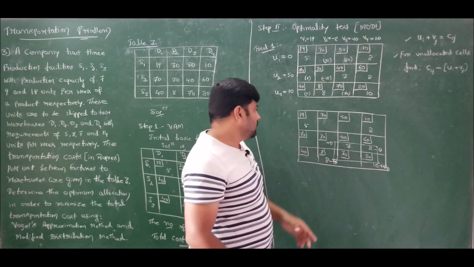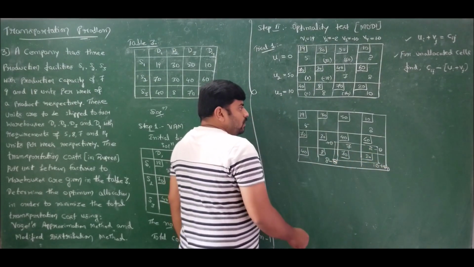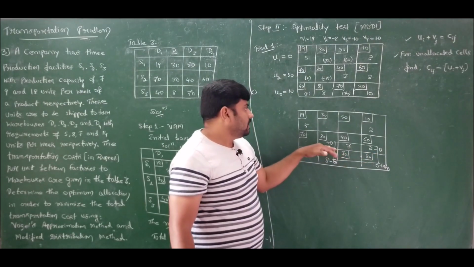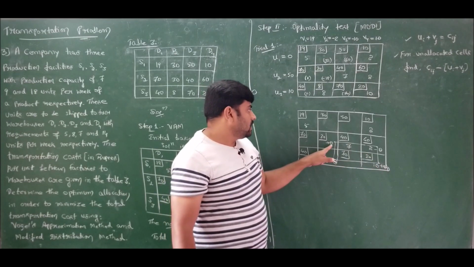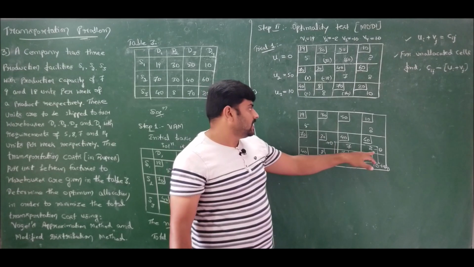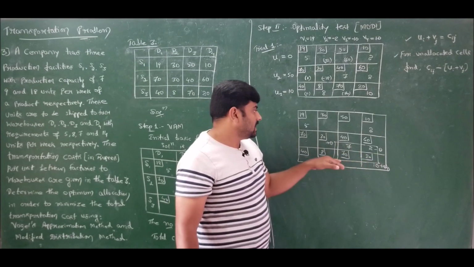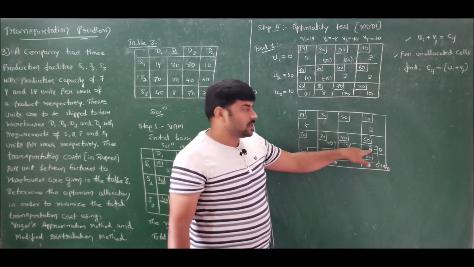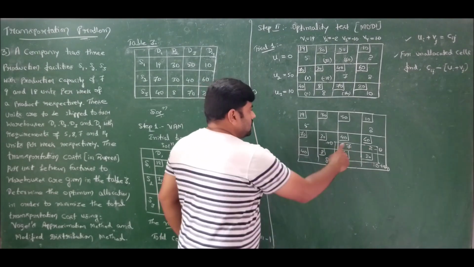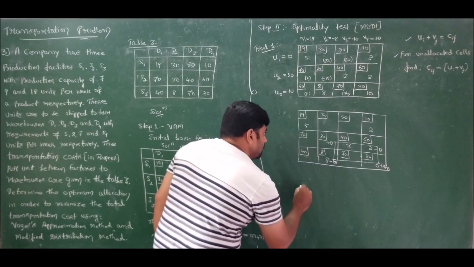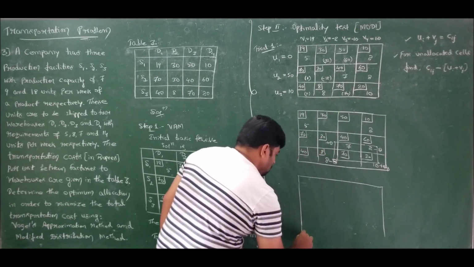Once you form the loop, allocate alternating plus and minus thetas. Now find the maximum value of theta that can be allocated such that the allocations will not become negative. If I give theta as 8, this will become 0, but here it will become minus 6. So allocation will become negative, which is not possible. Therefore the maximum value of theta that I can give is 2, because 2 minus 2 is 0. Here I have 8 minus 2 as 6, so it is possible. So theta is 2, hence the allocation in trial 1 and the cost is found to be